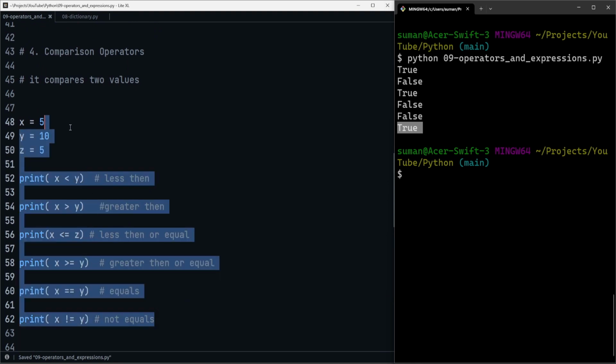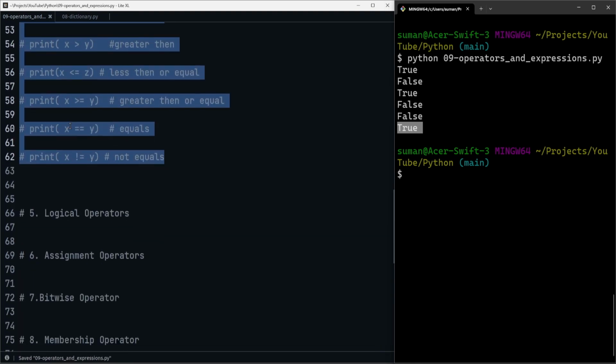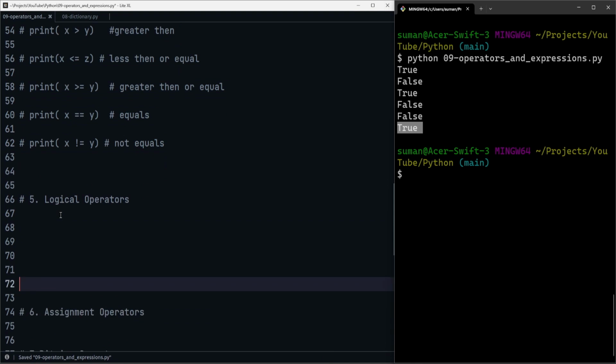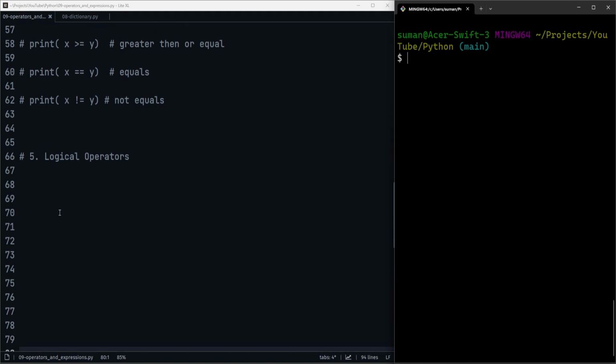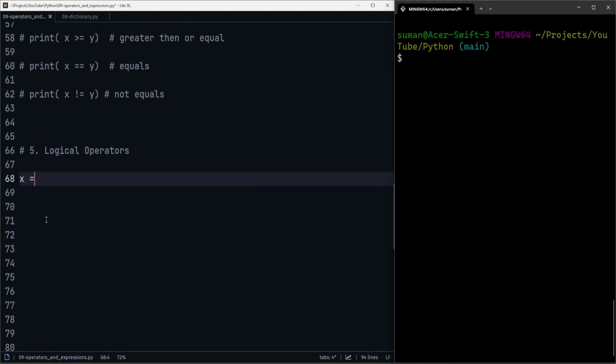Now let's go to the next operators, that is called logical operators. Logical operators are where, when you use the logical term, you know that what you are comparing is this and this, or this or this, and you should be getting true and false based upon that. Okay, so let's create two more variables here, x equals to 0 and y equals to 1. Okay, now let's print